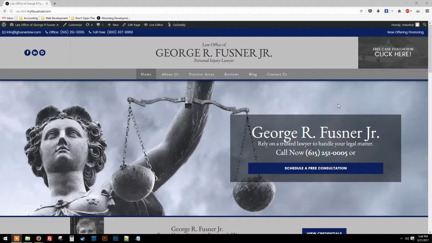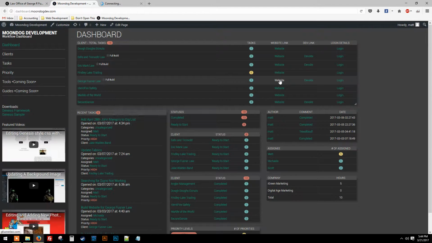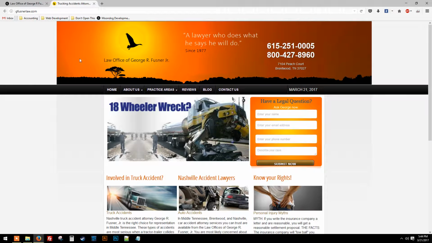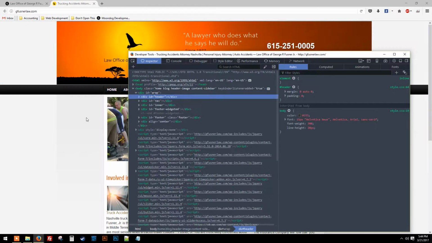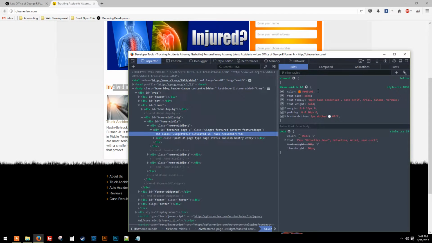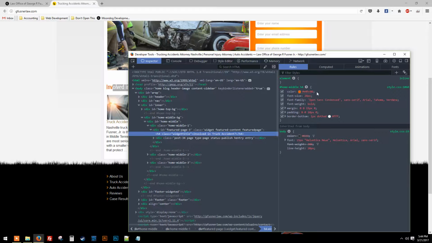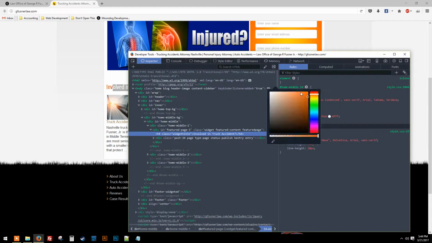Alright, so let's make some simple changes. We're going to change the blue color to an orange that's similar to the client's original website. So we'll go get the original website, which we're here, and we'll inspect element on this website. You can see we're looking for an orange. You could grab really any text that's orange to get the hexadecimal color code. So you see here when we click on this,